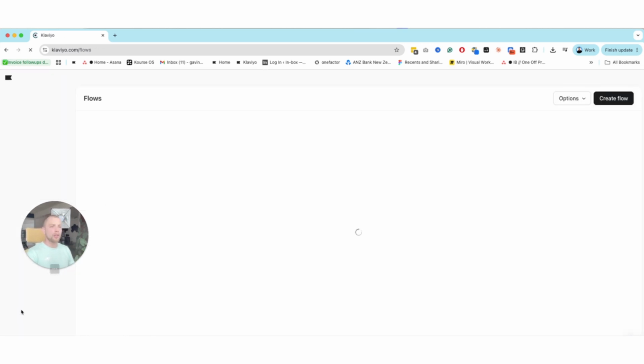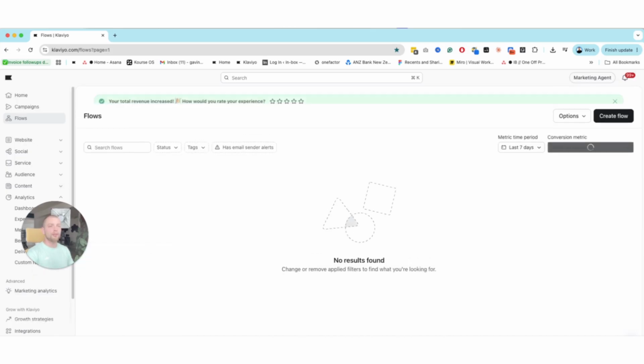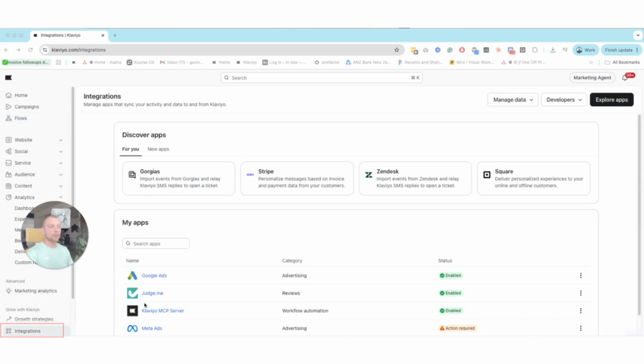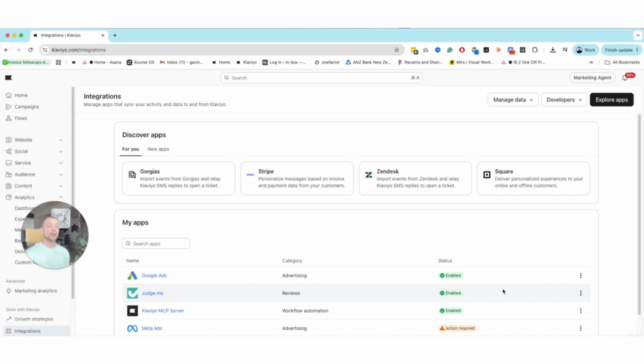So first thing you need to make sure is that you have your integrations set up. If you go into the left-hand side here and you click the integrations, most review platforms like Judge Me, for example, are going to pass metrics into your Klaviyo account that will tell you about the review that you received. There's a bunch of review platforms out there, right? Pretty much all of these platforms, when you integrate them to Klaviyo, will pass information regarding the nature of the